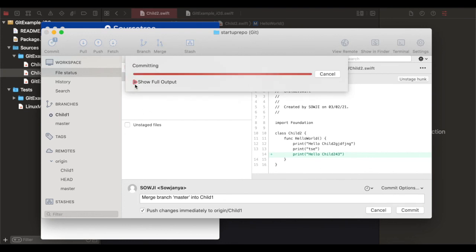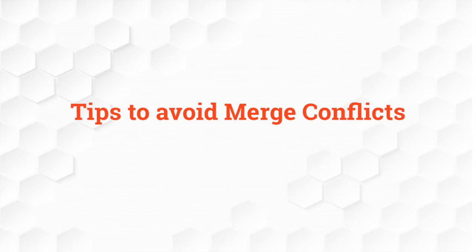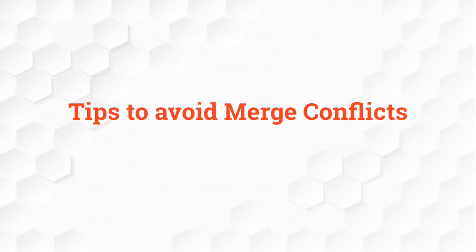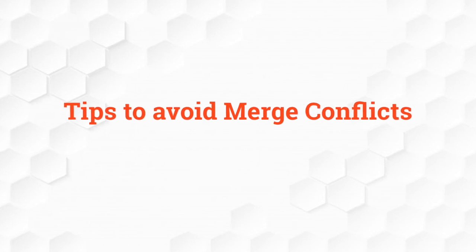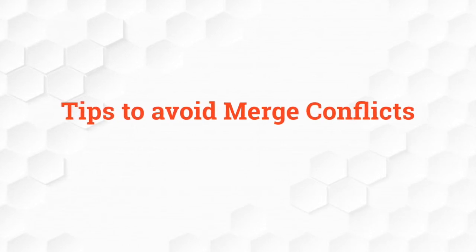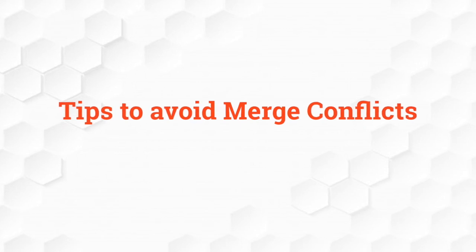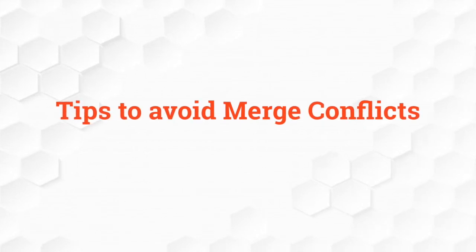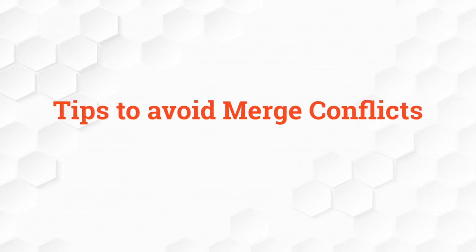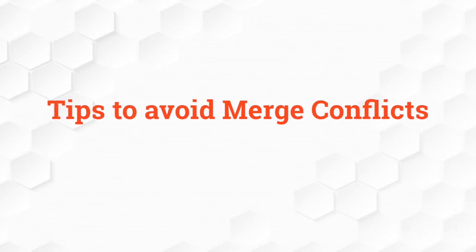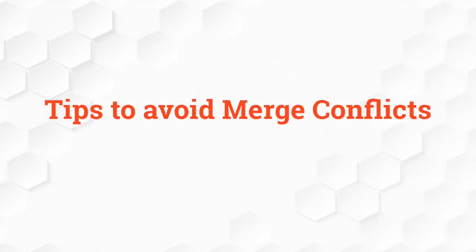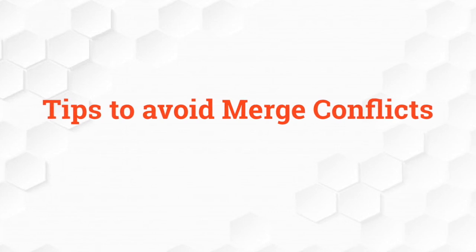So this is how we'll be resolving the merge conflicts. A few tips from my end to avoid merge conflicts when you're working in a team environment: always make sure, when you're starting the work, that your branches are up to date with the remote code, and when you're committing something, try to stash it first and then commit it again. This is very useful when conflicts with the PBX files occur. In some cases you need to reverse the commit to fix it easily. In that case, stash will be really helpful.